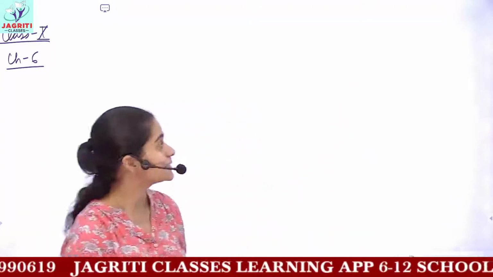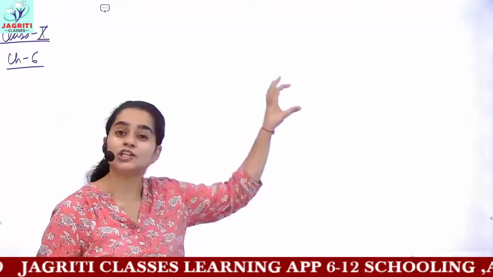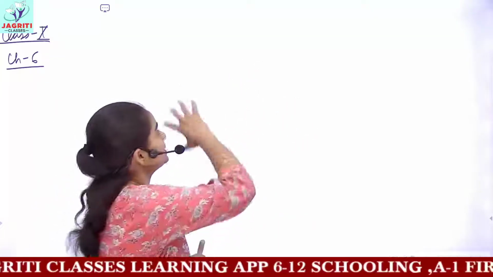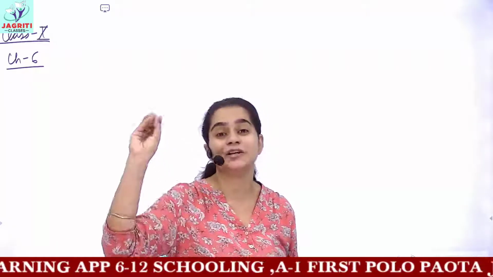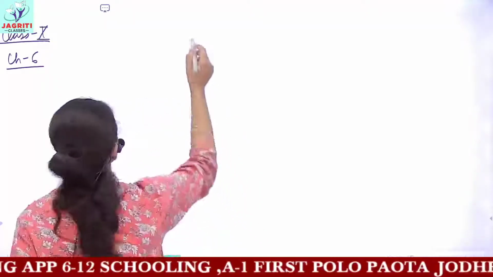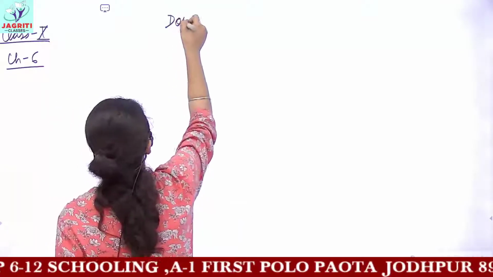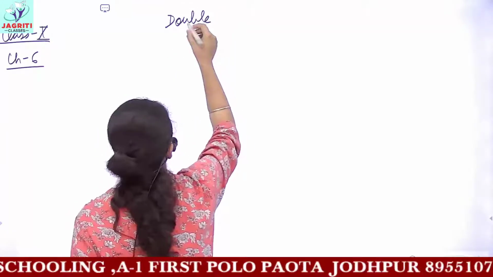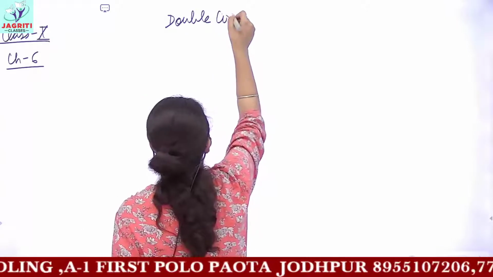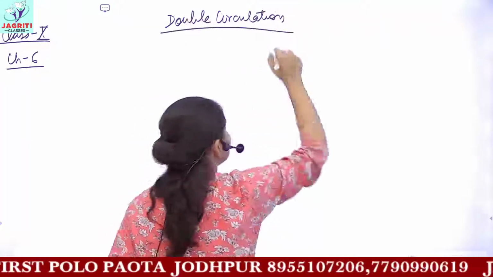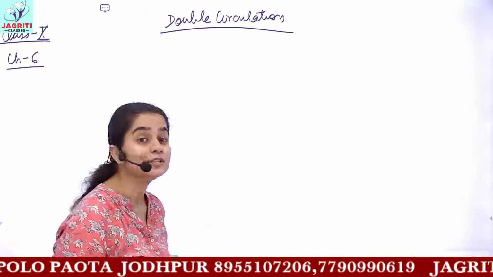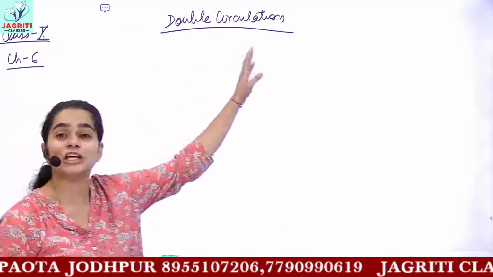Then we discussed the mechanism of functioning of the heart, that is the passage of blood through the heart, and we called this circulatory system a double circulation type. Why we referred to it so is again a very important question which is asked in boards very frequently. What do you mean by the term double circulation? Or it is also given in the form of long questions in boards, that is, explain double circulation in humans.